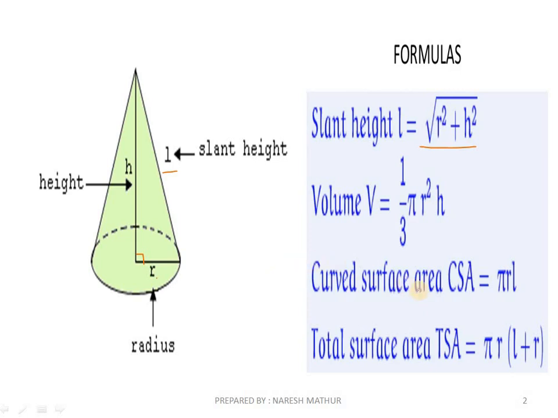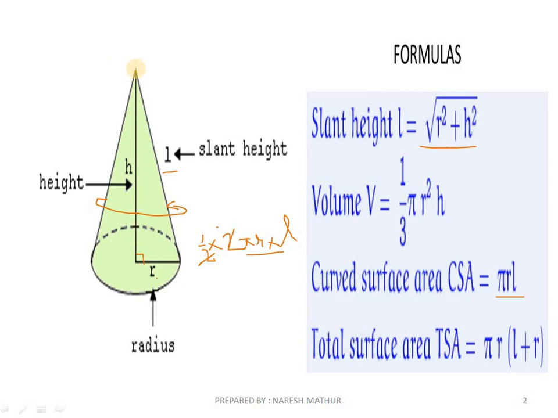The formula for the surface area is pi r l. Surface area here means curved surface area, so we are dealing with this area only. It starts from half into the circumference of the circle, 2 pi r, and the slant height. This is the curved surface area of a cone. We just cut this 2 by this 2 and as a result we get pi r l. So the curved surface area of a cone is pi r l.